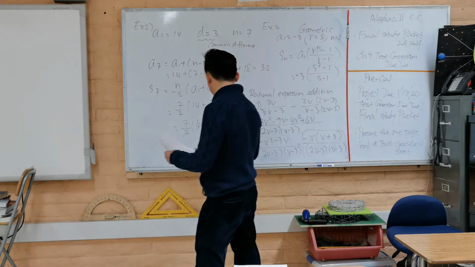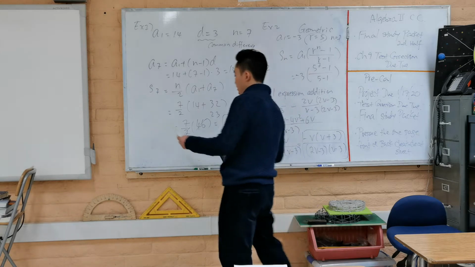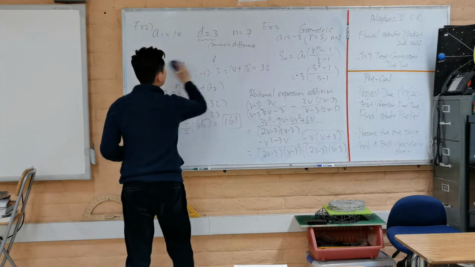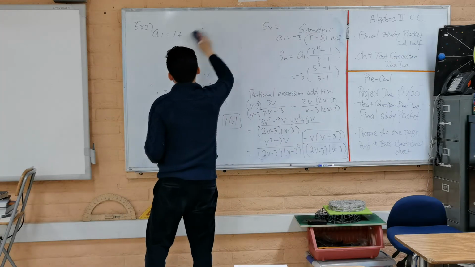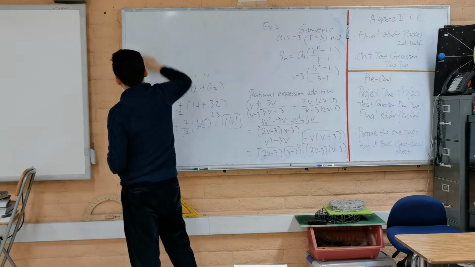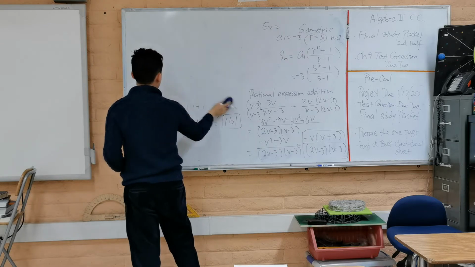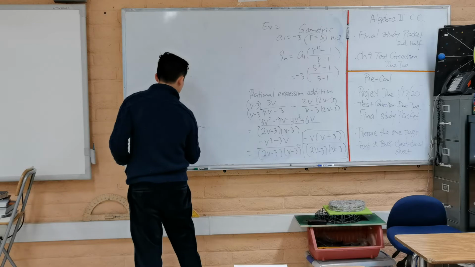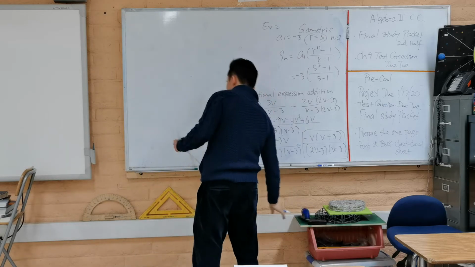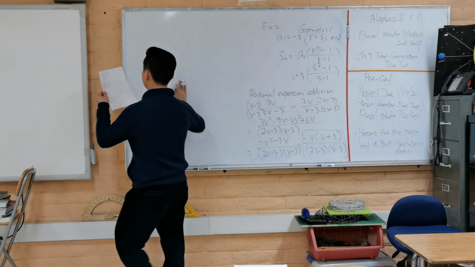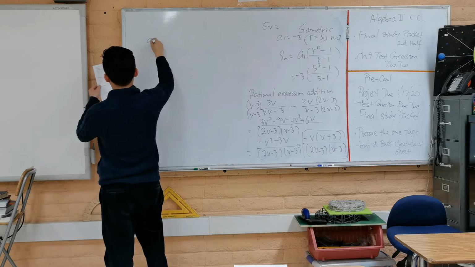And now let's see what else we have. Also a rational expression, but this time it's considered division. So for rational expression division, that means we need to flip something over, and also we need to do some factoring. Again, factoring plays a big part in Algebra 2. So let's say we get 9k squared